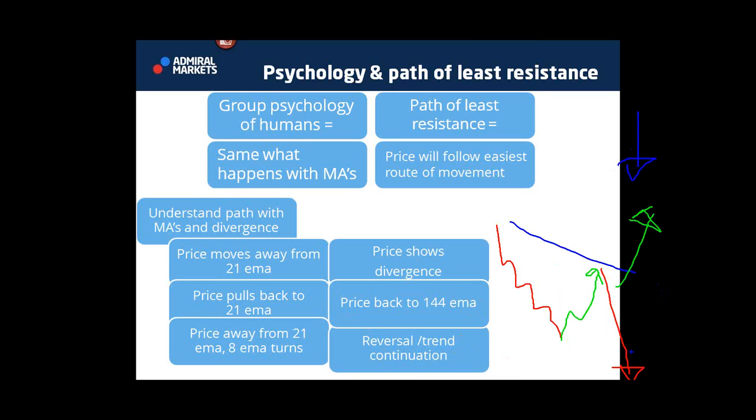All right, so this is how I use the moving averages to understand the most likely path for price. What will the path of least resistance most likely be, based on divergence and the reaction of price, the difference between the moving averages as they interact with each other, and price and fractals. And that's how I lay out a path of price, and I look at what parts are the most interesting for me to trade. That's what I often talk about in the webinars on Tuesday and Wednesday.